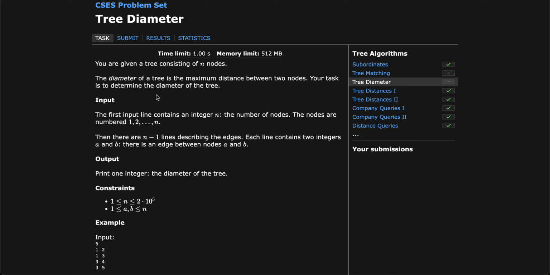Distance between the two nodes. Your task is to determine the diameter of the tree. Okay. Between any two nodes, what is the maximum distance? So can we do it like this? So I think one way would be to just calculate the size of, so